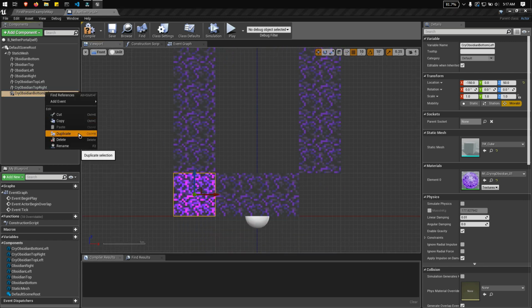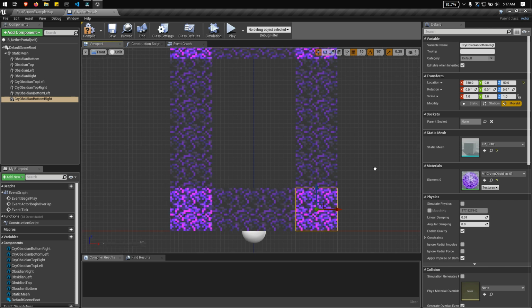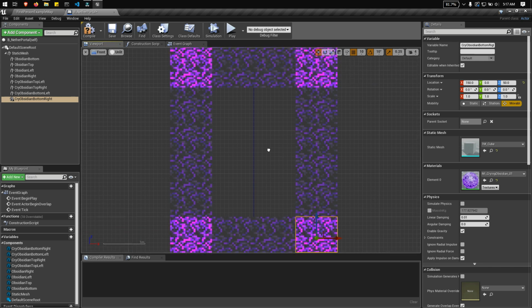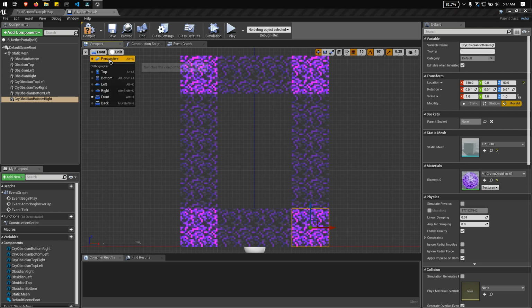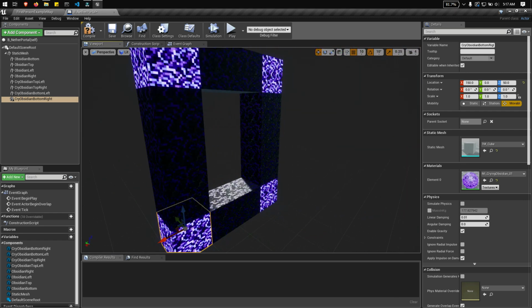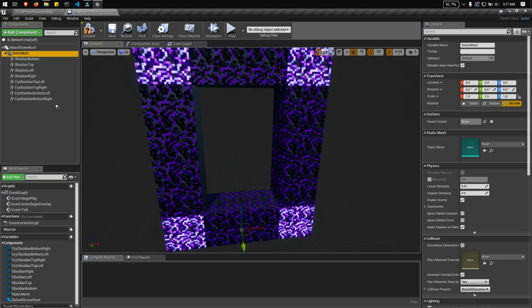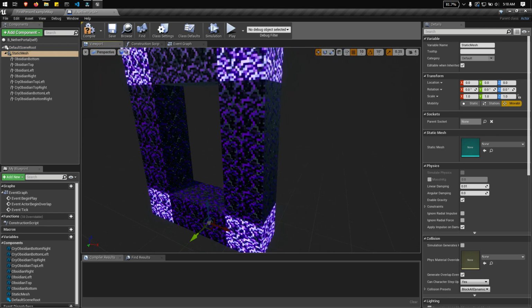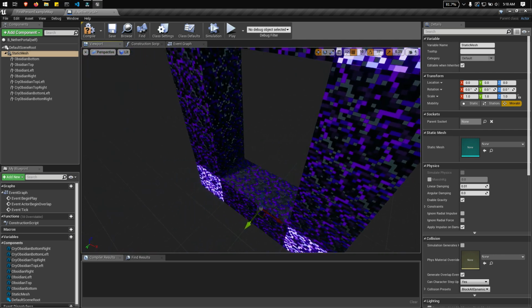Then let's duplicate this into bottom right. And this is what our nether portal looks like. So let's change the view into perspective. And this is our nether portal. You see, we have a missing piece, which is the actual portal.